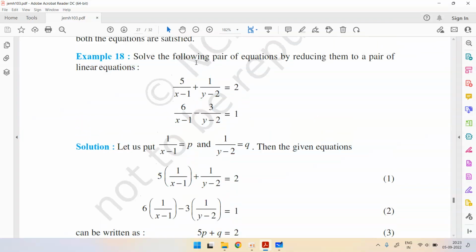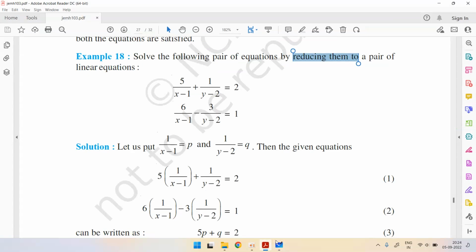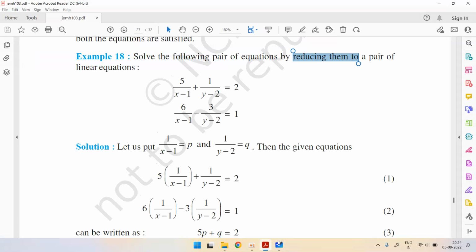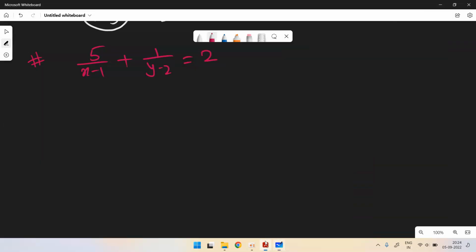Now what they are doing next is: solve the following pair of equations by reducing them. This is given the way you have to reduce them into a pair of linear equations, so you don't need to apply your brain. The question says itself: 5 by x minus 1 plus 1 by y minus 2 equal to 2, and 6 by x minus 1 minus 3 by y minus 2